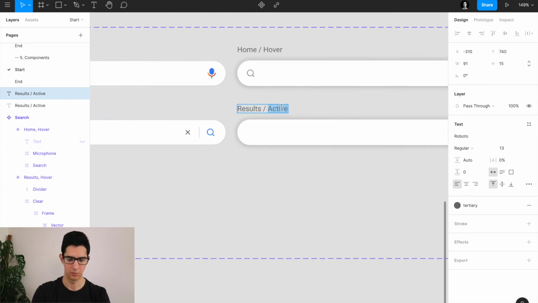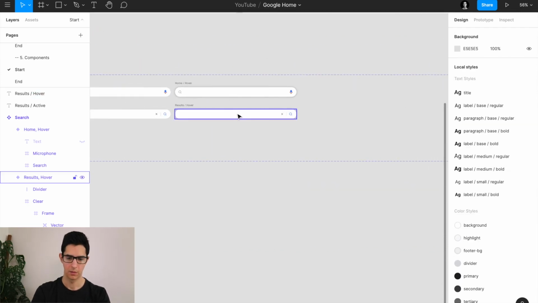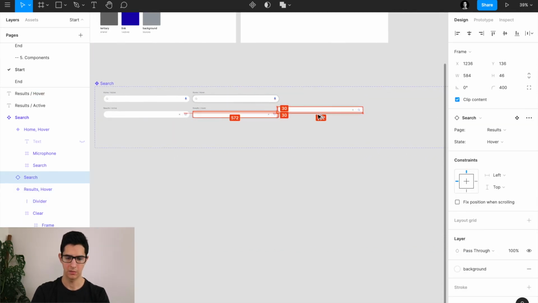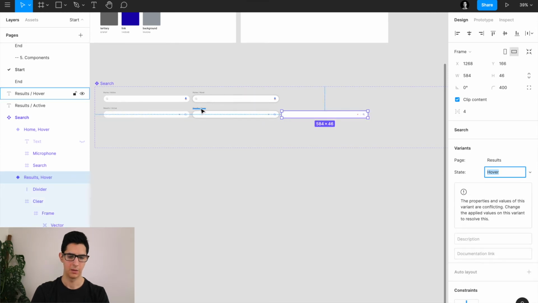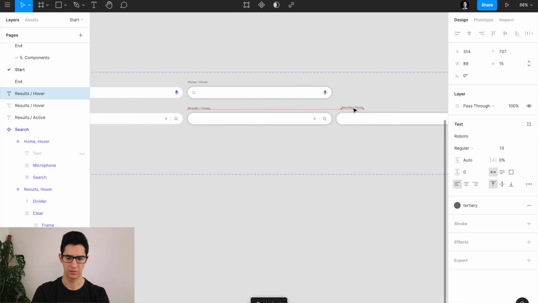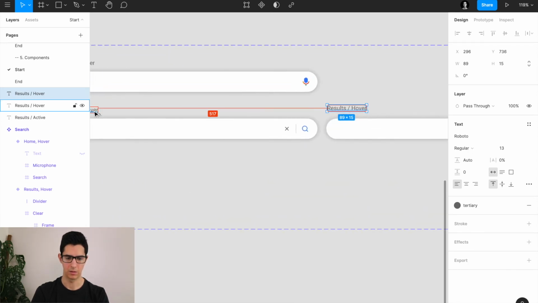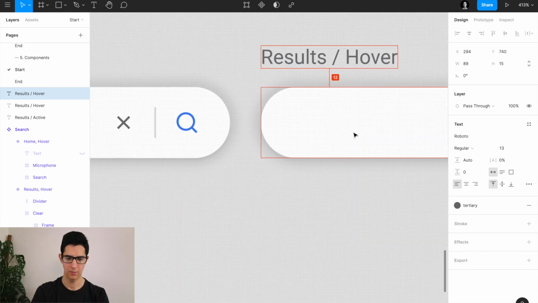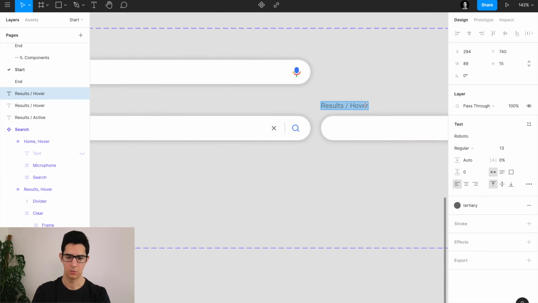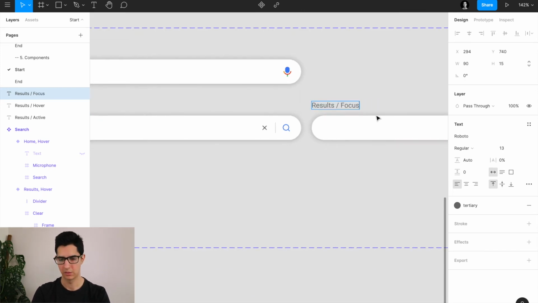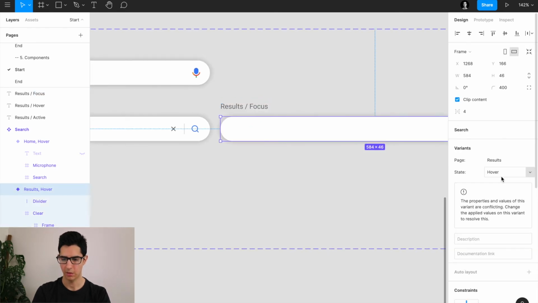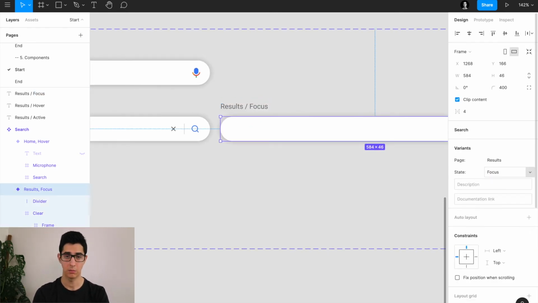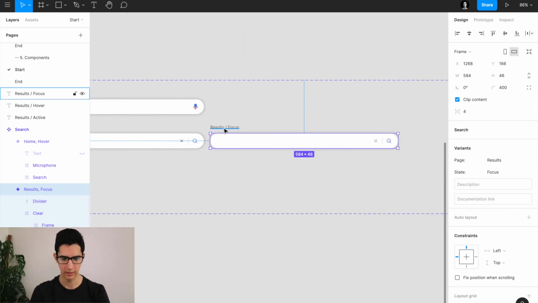And I'm going to change this to results hover, and I'm going to duplicate this one, and I'm just going to drop it right here. And we can also make sure that it is nicely centered, nicely aligned with our layer, and we can call this results focus. And in here we've got to do the same thing, come to our state here, change this to focus, no more conflicts. So this one's actually quite tricky, and I'm going to need a little bit more distancing here from the left,